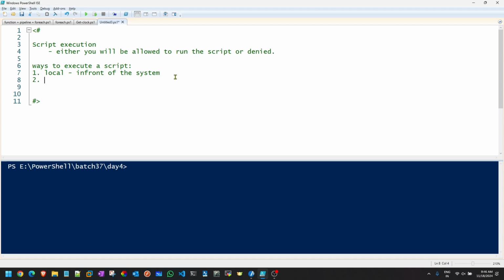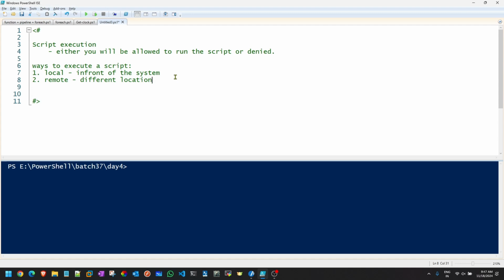And then we have remotely. Remote meaning they'll be in different locations. Let's say your server is available within the campus and you are executing some script from your home. That's basically called remotely. Clear to everyone till here?